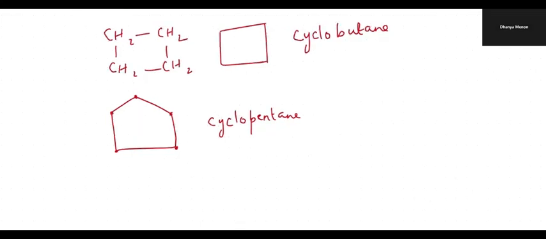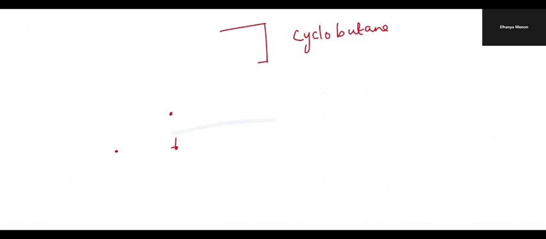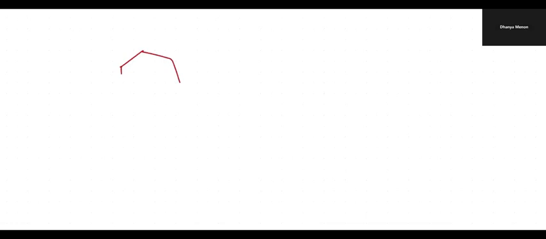Then we have 6 carbon atoms: 1, 2, 3, 4, 5, 6. Cyclohexane. This is not benzene, this is cyclohexane. Okay. And